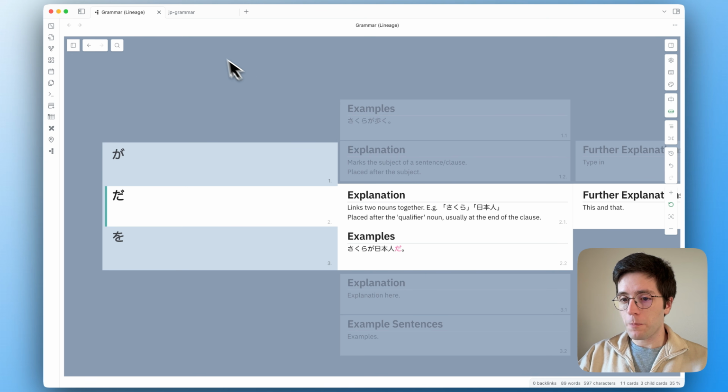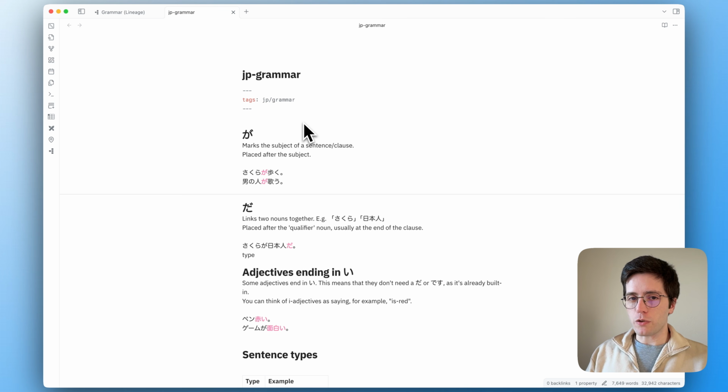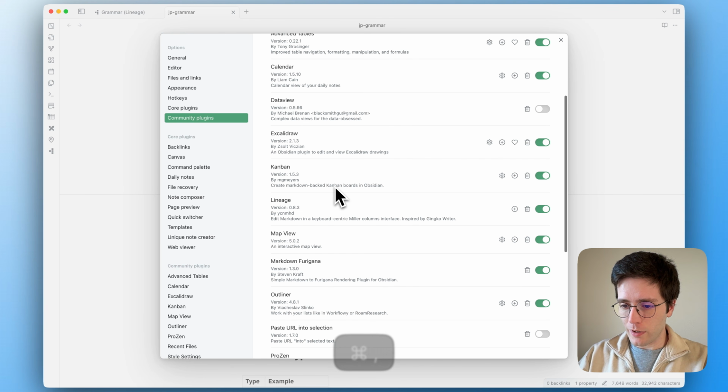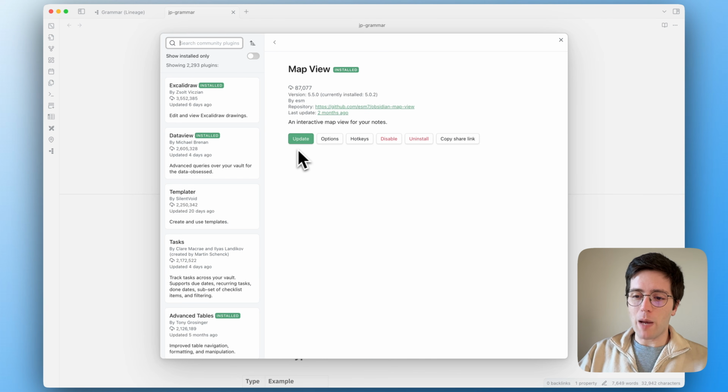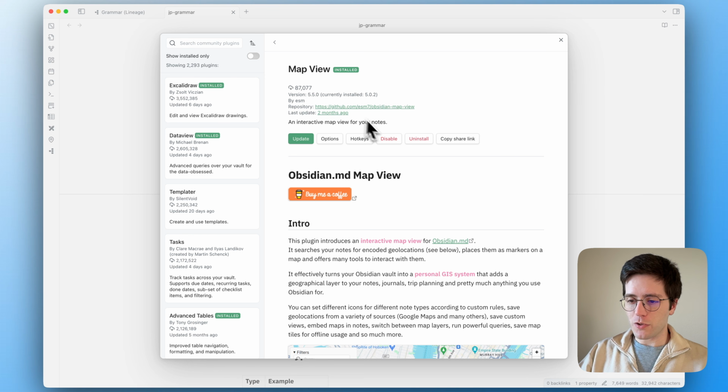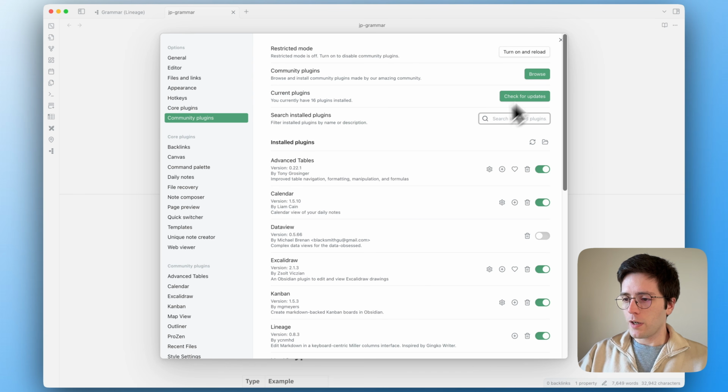So give it a try. The second thing I wanted to show you, the second plugin, is one called Geolocation, I think. I'm not 100% sure what the name of that is. Oh, it's called Map View. It's got 87,000 installs. So there's a chance you might know about this, but if you don't, I think you're going to like it,